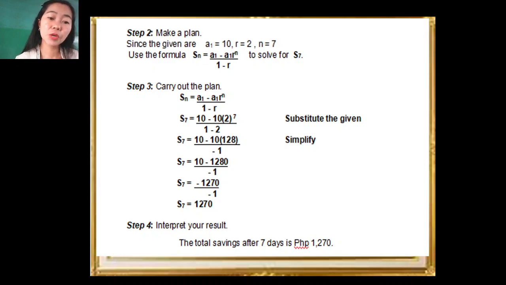Then, simplifying your numerator, 10 minus 1,280, we have negative 1,270. Then, your denominator is 1 minus 2. So, 1 minus 2 is negative 1. So, meron tayo ngayong negative 1,270 divided by negative 1. So, if we are dividing two negative numbers, the result will be positive. So, S sub 7 is equal to 1,270. Ibig sabihin, ang sagot natin doon sa tanong is the total savings after 7 days is